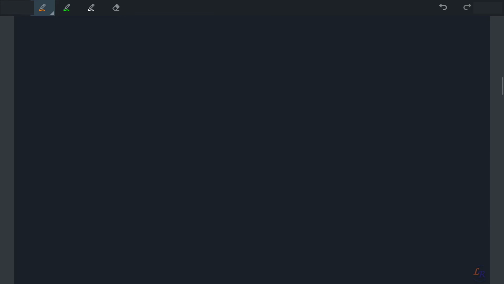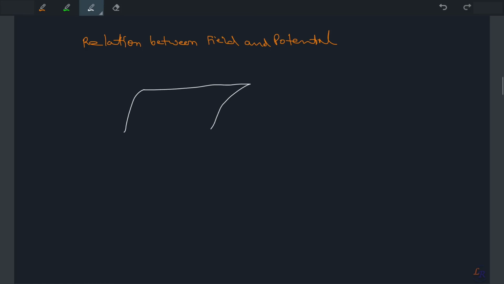how we can relate field and potential, the relation between field and potential. So to find the relation between field and potential, let's assume that we have a surface something like this, okay,